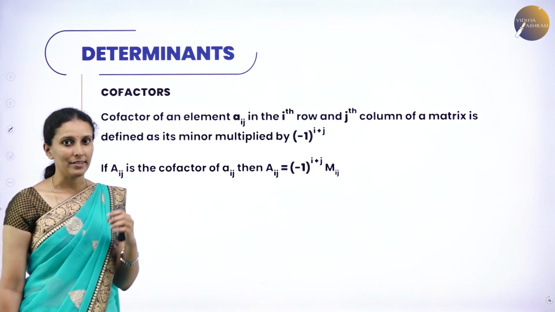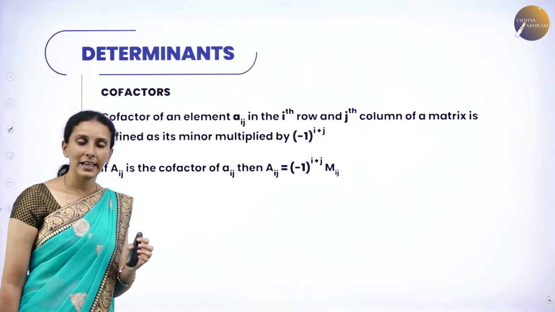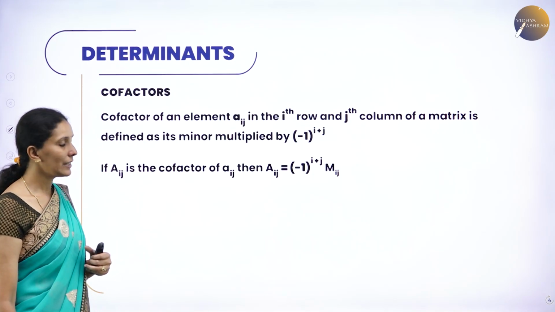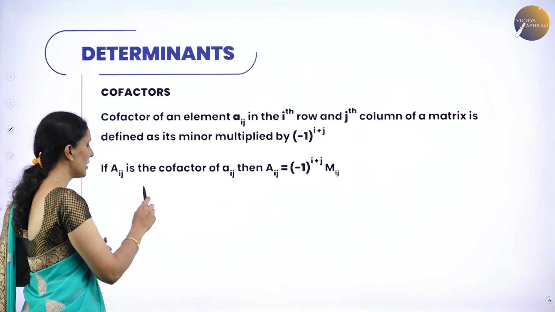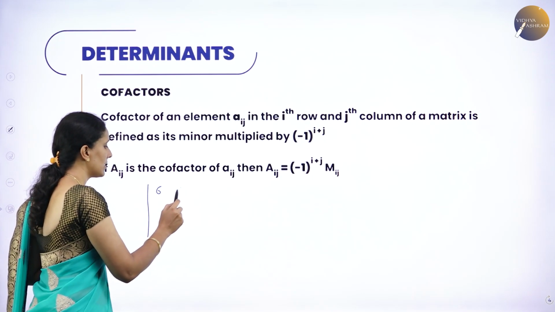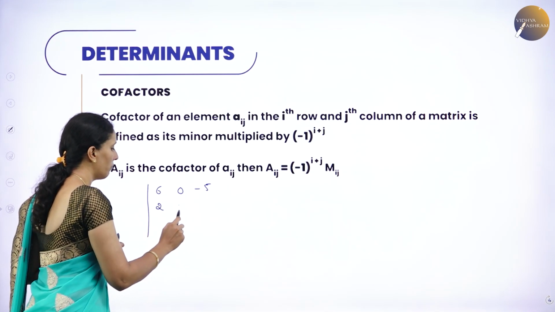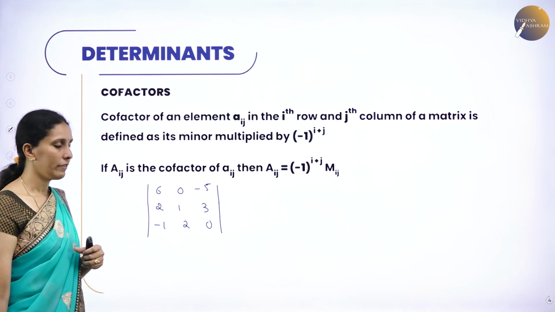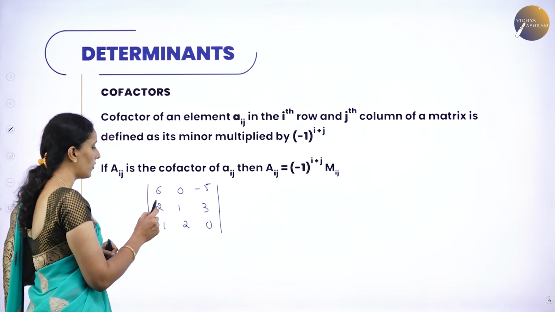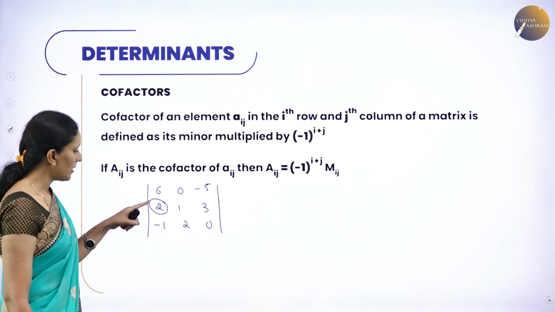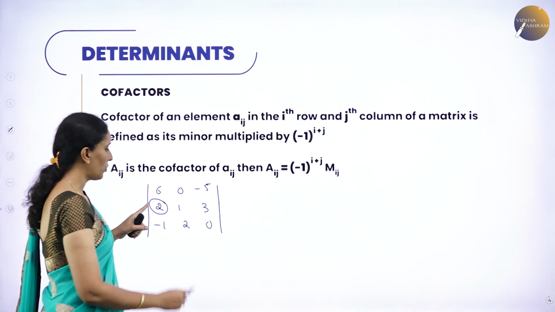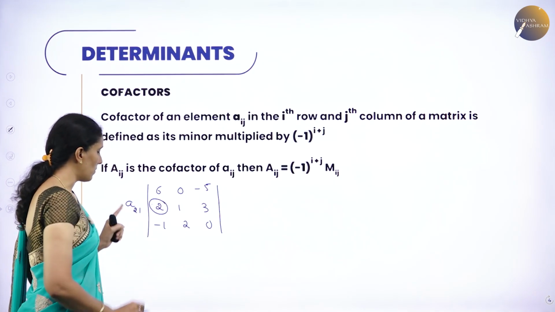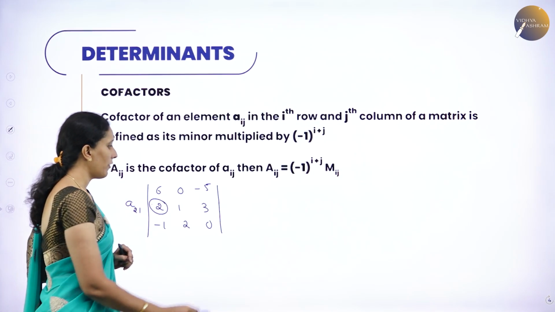Next is cofactors. Cofactor is nothing but just assigning the sign for a particular position of an element. Now, let me show with a 3 cross 3 order matrix. Here let me take 6, 0, minus 5, 2, 1, 3, minus 1, 2, 0. So this is the determinant we have. We have to find the cofactor of the element 2. First, we need to find the minor of 2. This element is in the second row, first column, so this is the element A21. Therefore the minor will be